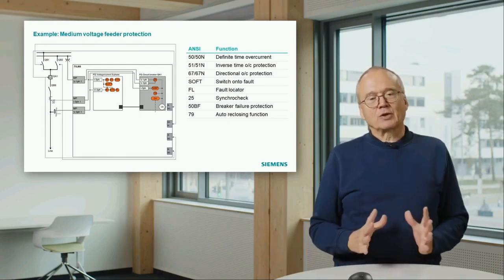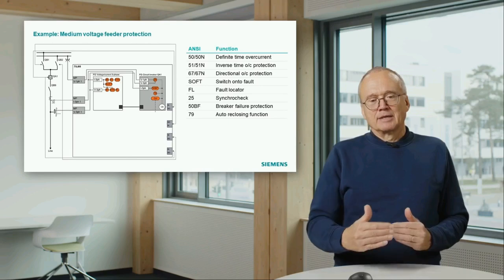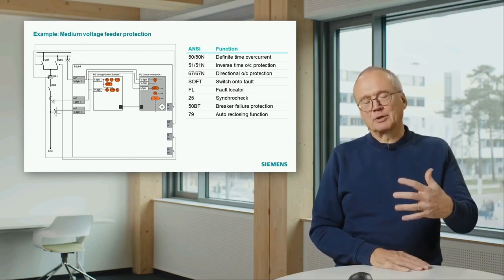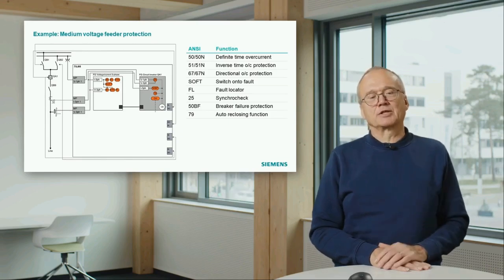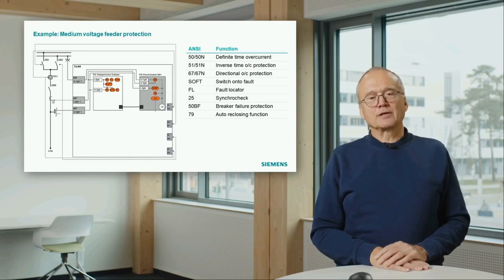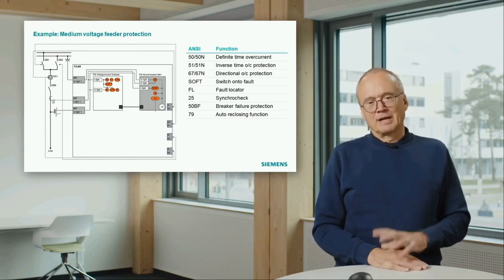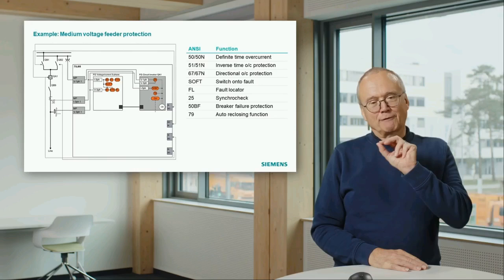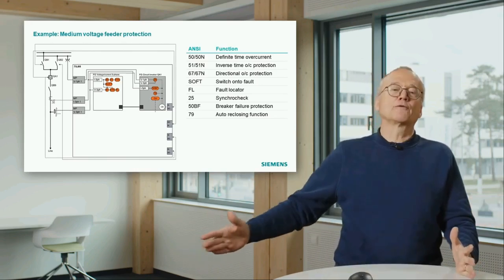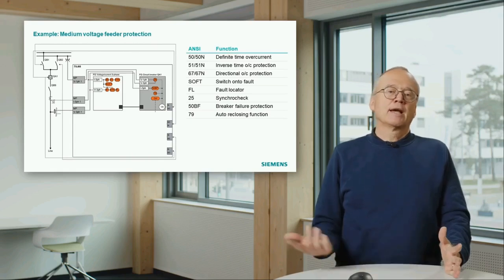As I already described, you often have some delays. You need delays in overcurrent protection to get selectivity. That means especially at the beginning of the feeders you have long delay times. And this particular function addresses the situation where you have the whole feeder out of operation, and now